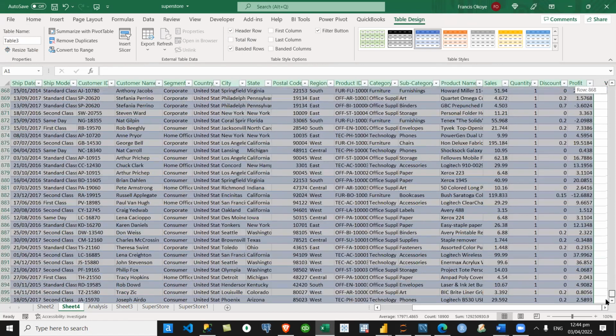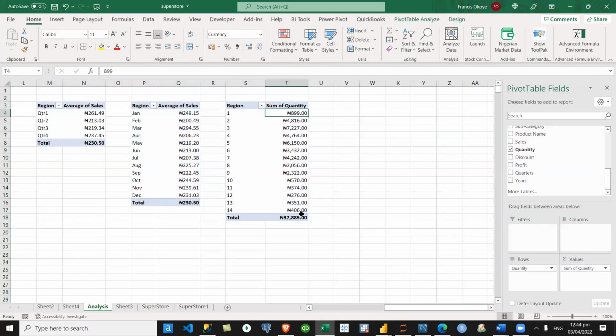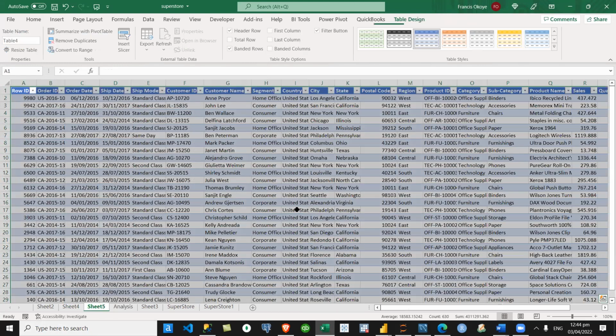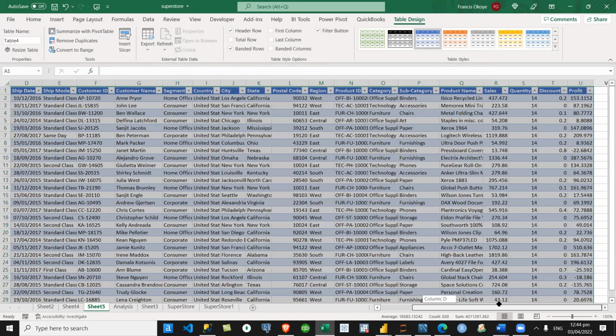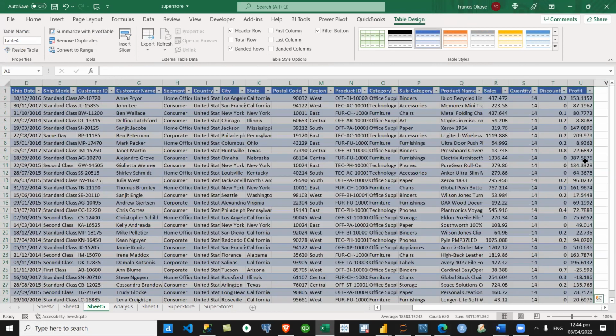Can you see that? Just double click. Look at it now. For example, I want to see how many customers bought 14 items. Just double click. Can you see that? These are all the customers that bought 14 items. So I can now see their names.